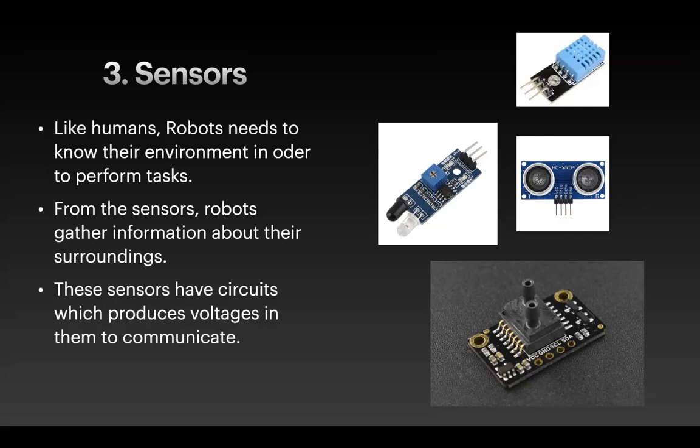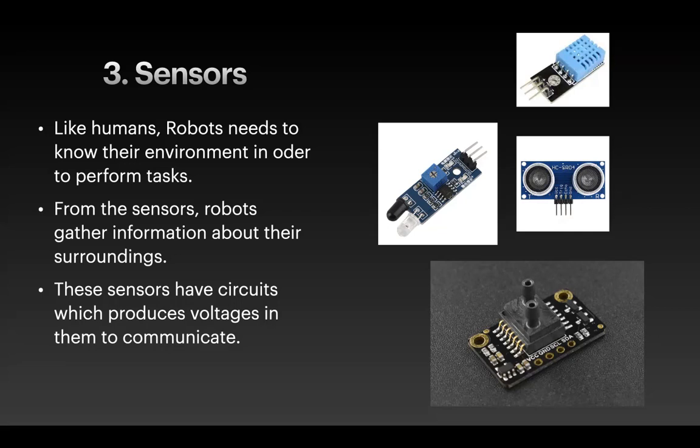These sensors can be different. There are various types of sensors. I haven't named them because there's a separate section for us to learn about sensors and how to connect them to Arduino and how to operate them. But the first sensor given here is called DHT11, which is a temperature sensor. This sensor can measure temperature. If your robots need to know what the temperature is, you can add this sensor.